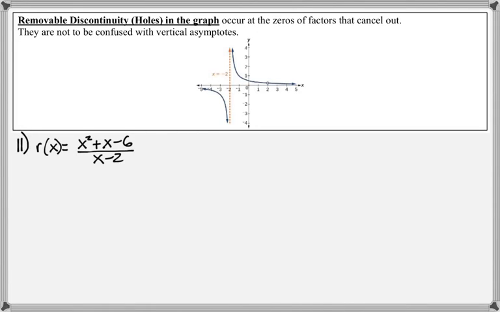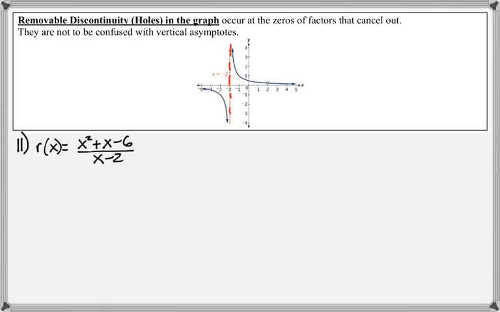The next topic is something called a removable discontinuity, or sometimes it's called a hole, or sometimes it's called a missing point. There's many different terminologies used for it. But these occur at the zeros of factors that cancel out, and they are not to be confused with vertical asymptotes. So they're very easy to confuse with vertical asymptotes mathematically, but graphically they're very different because an asymptote, like